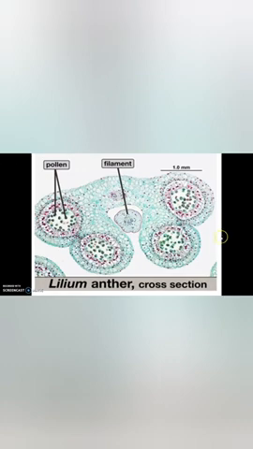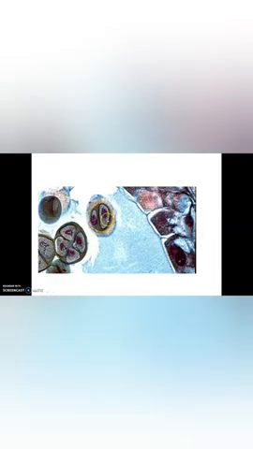So children, this is a microscopic view of a cross section of an anther. Very beautiful diagram, isn't it? In the center we can see the filament and 4 microsporangia and the developed pollen grain. Here we can see the microspore tetrad, and we know that the anther contains thousands of pollen grains, and they undergo mitosis to form a 2-cell stage, 2 unequal cells. Okay, 2 unequal cells formed.